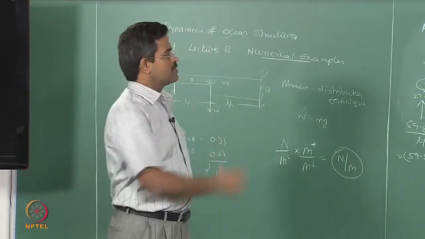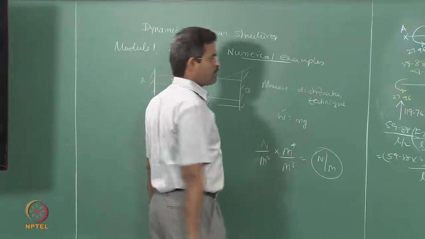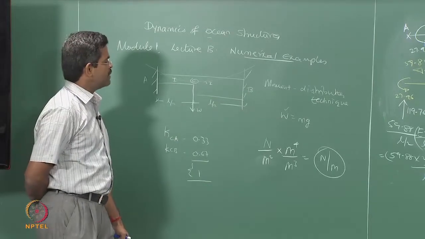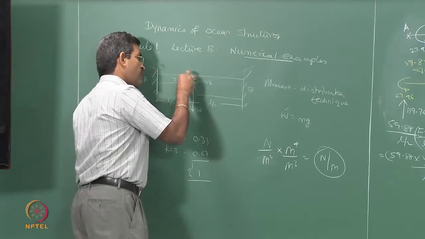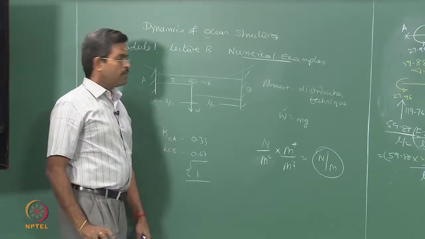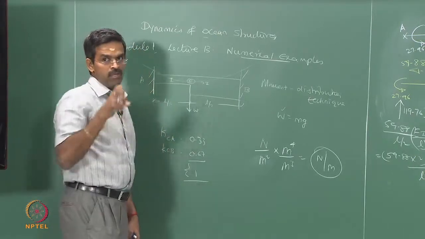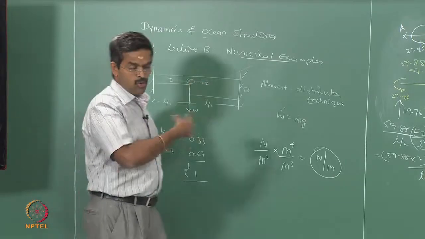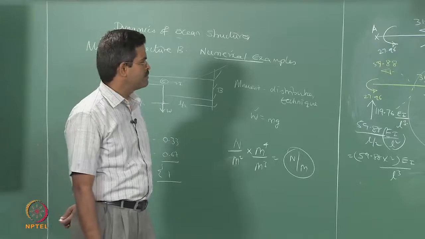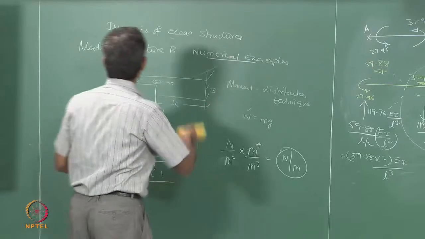So, it is a very easy demonstration of using a classical moment distribution method to find out the frequency of vibration of this beam. Now, in this there is an idealization that we have already said that mass will be lumped at a point where you want to measure the frequency or the degree of freedom. But it is not necessary always that mass should be lumped at a point where the degree of freedom is measured. Okay, there are examples I will show you in the next class where we will violate this and see what happens to a matrix. Okay. Any doubt here? Okay, we will take it understood, we will move to the next problem.